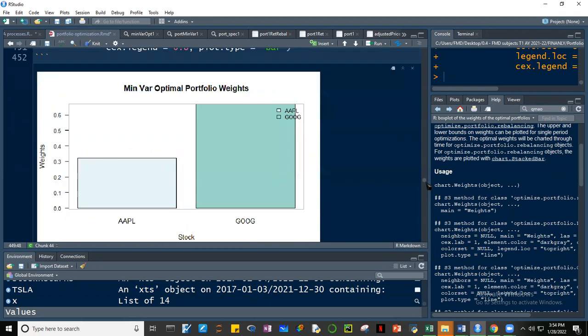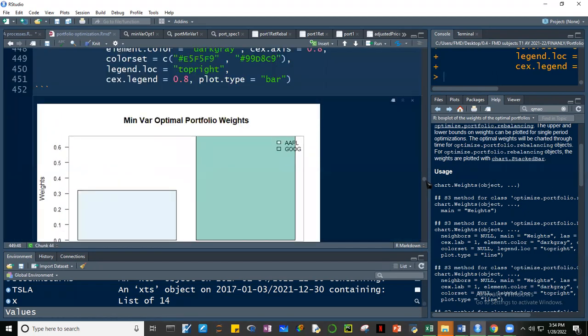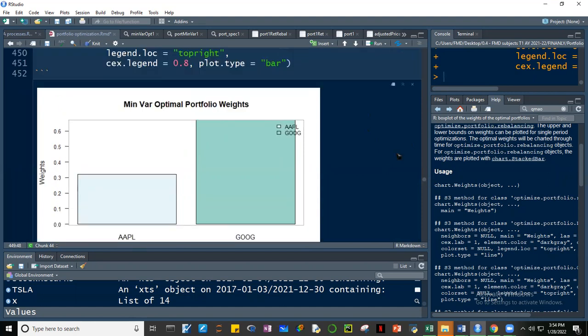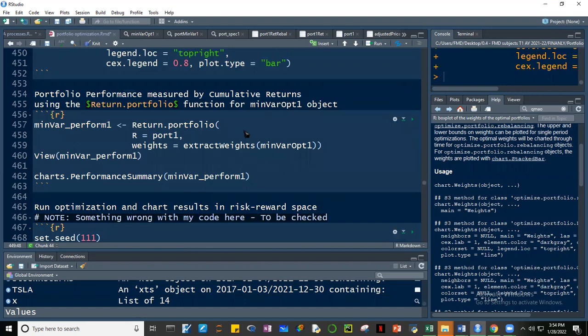Yan, may title siya, iba yung color, may labels, weights, at saka may stocks. Hindi ko pa na-explore guys na ilalagay yung value dito, no? Pati ito pwede pang i-reposition, pwedeng ilagay sa baba. Okay, so you can do a lot with this one. Okay, so ano pa ba? Ito, so ito, we can compute for the